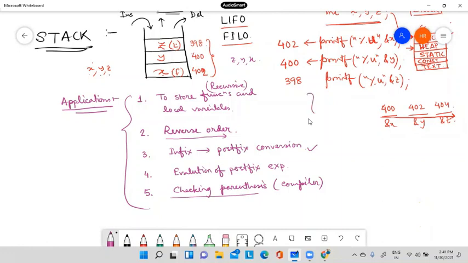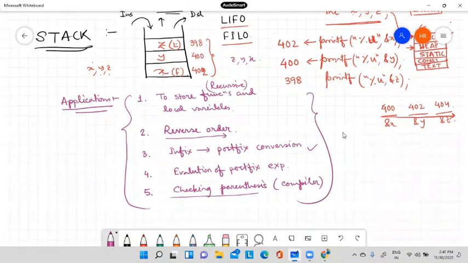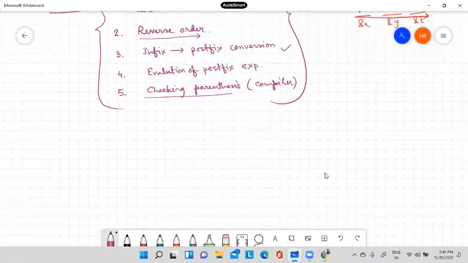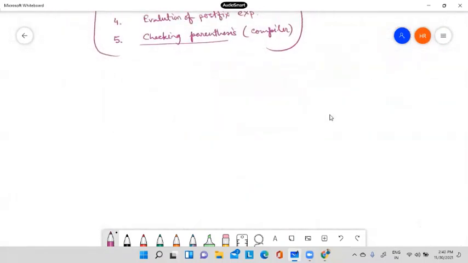In all these cases, we use stack data structure. Okay, now try to understand what is the meaning of infix and postfix.